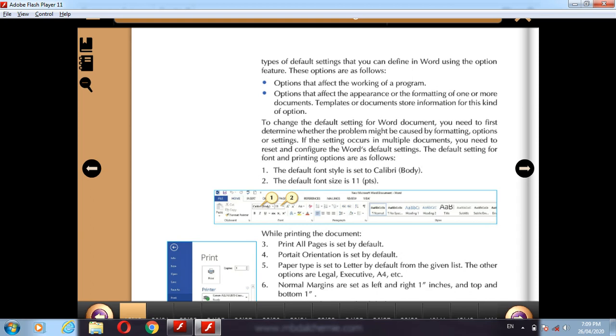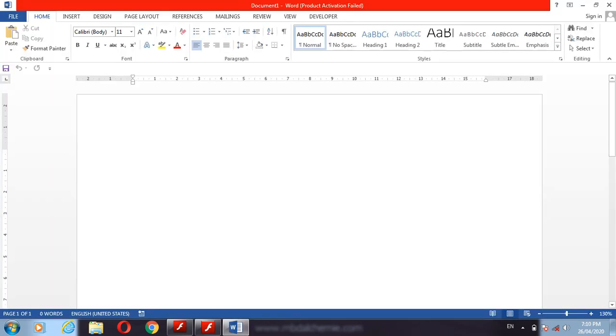For the font, how you can define the predefined setting? See, there are two steps. The default font style is set to Calibri body and the default font size is 11 points. See, I will show you the practical here. See, this is the screen of Word document.